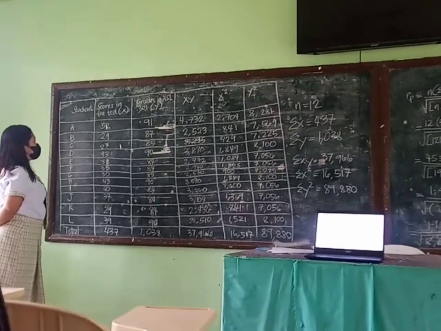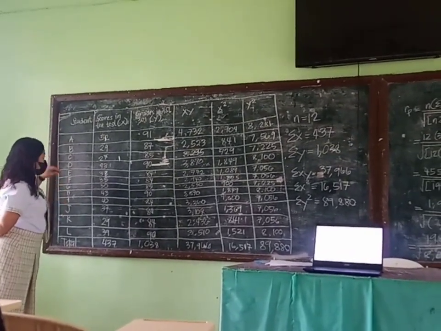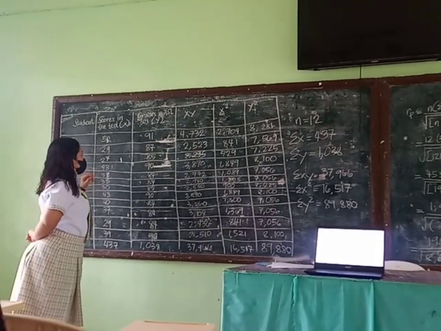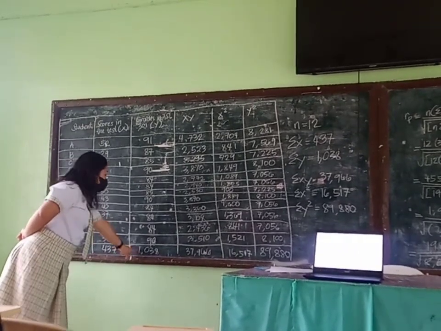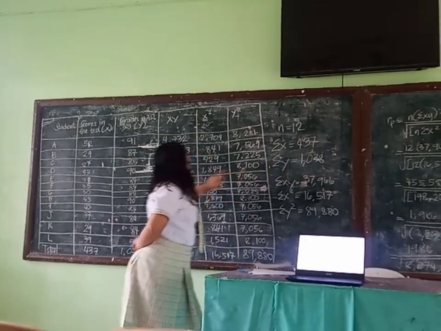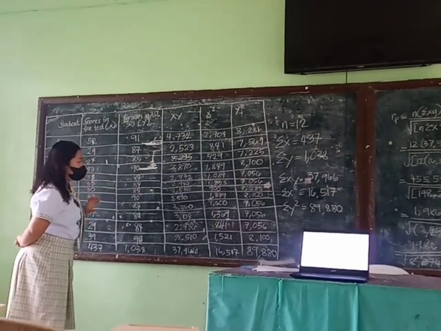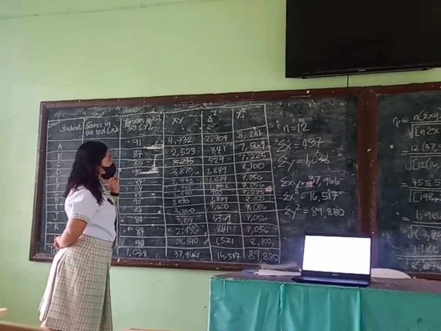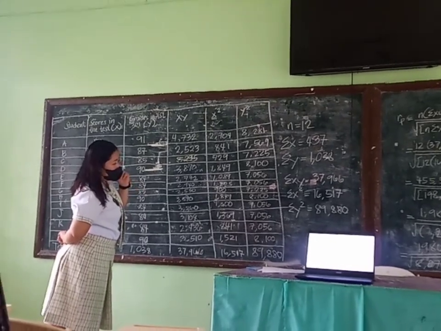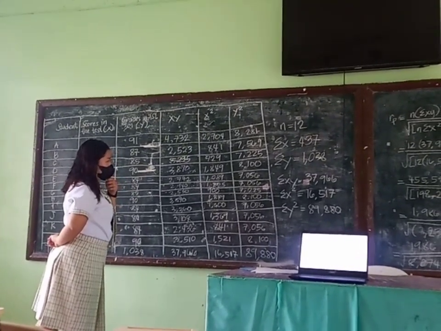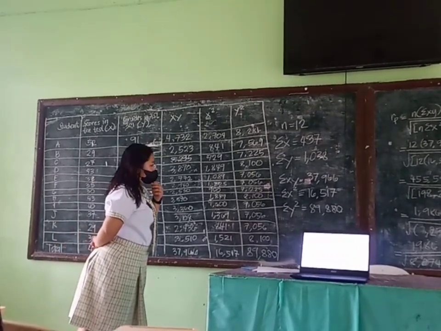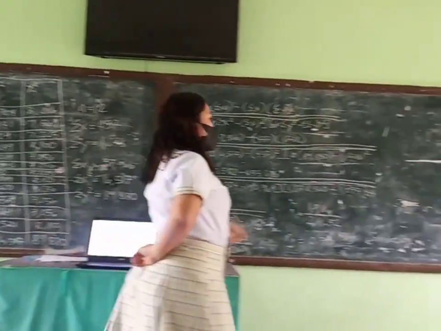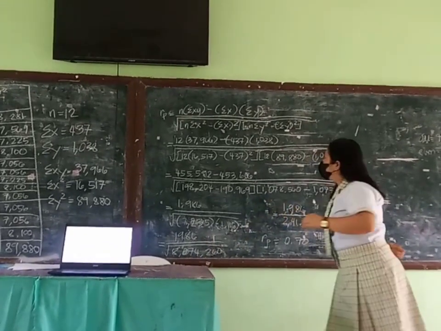The scores in the test, the summation of x, is 437. The grades in ESL, the summation of y, is 1,038. The summation of xy is 37,966. The summation of x squared is 16,517. The summation of y squared is 89,820. So in getting the r value, the formula is